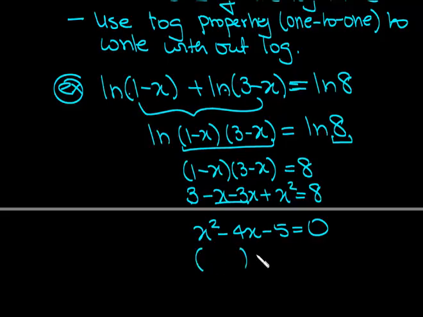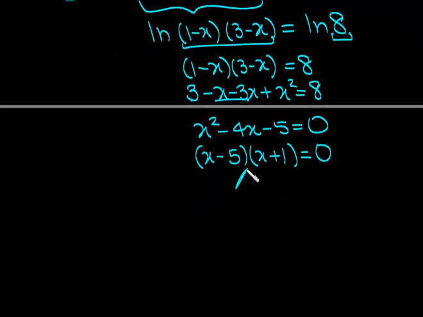I can factor this or use the quadratic formula. In this case I can factor, so I get x minus 5 and x plus 1. This product is 0, correct? So that tells me what? One of them has to be 0, so x minus 5 is 0, so x is equal to 5, and x plus 1 is equal to 0, so x is equal to